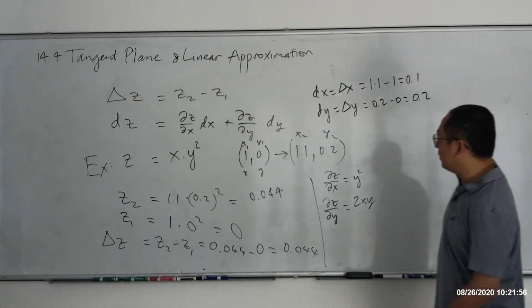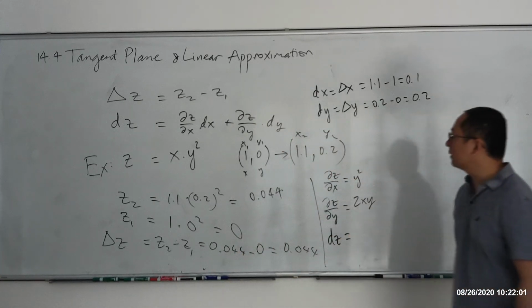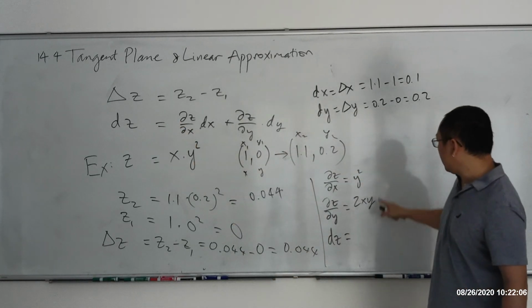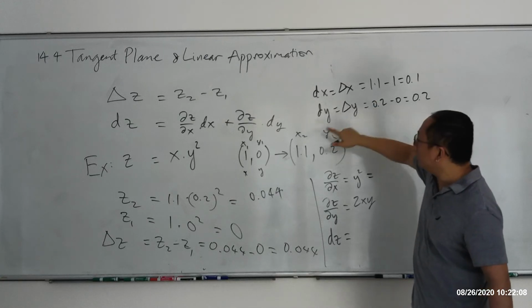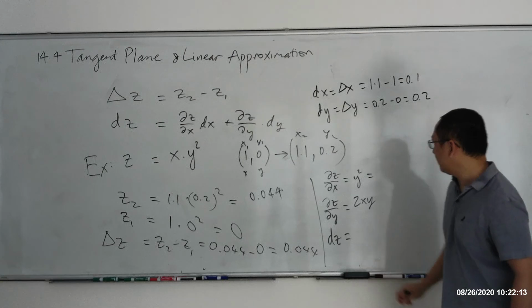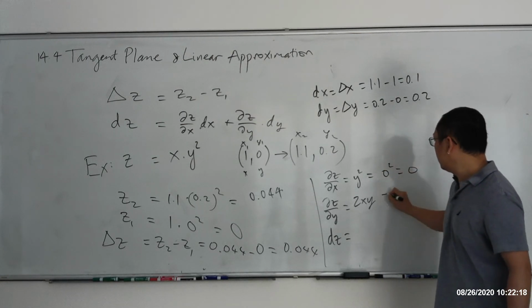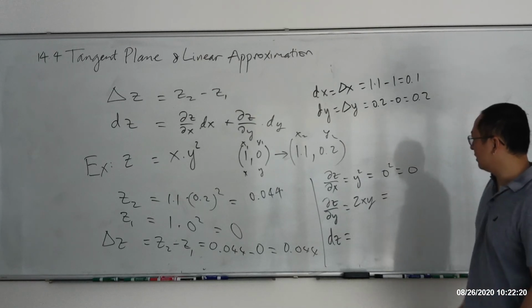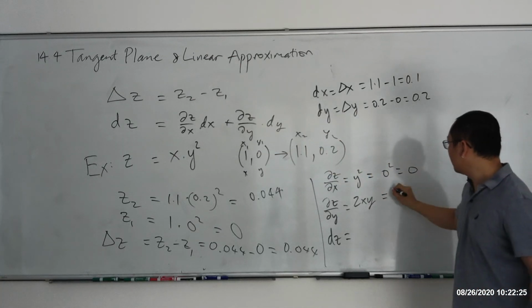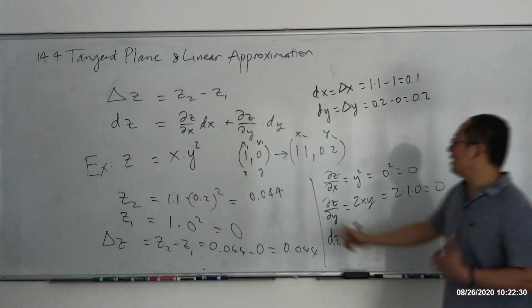Okay, and plug in the formula. dz is dz over dx times dx, and plug in the numbers for the initial point. y squared is 0 squared, which is 0. I didn't choose good numbers because I got y equal to 0. That's why everything is equal to 0. 2 times 1 times 0 is equal to 0 again. Okay? So dz is 0 times